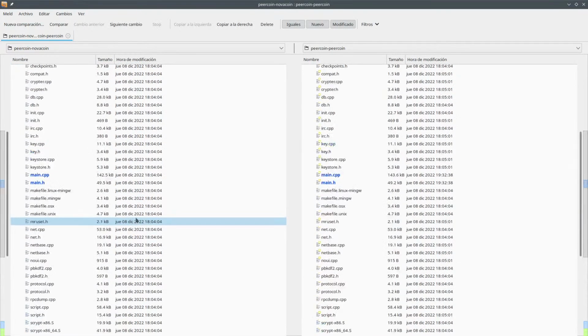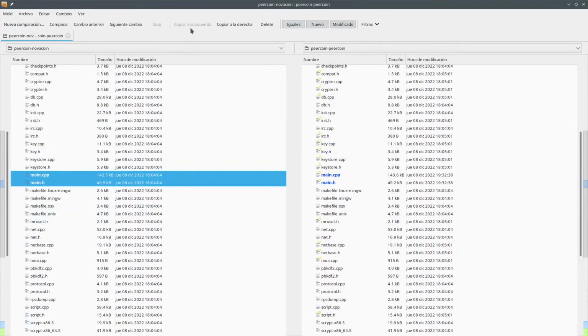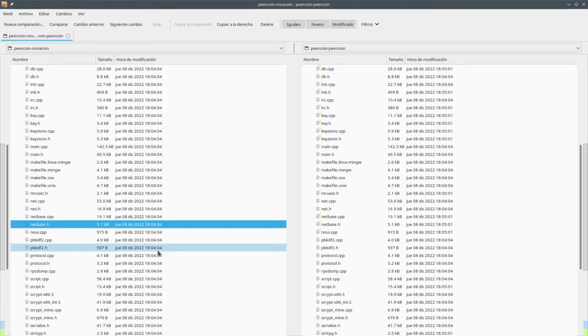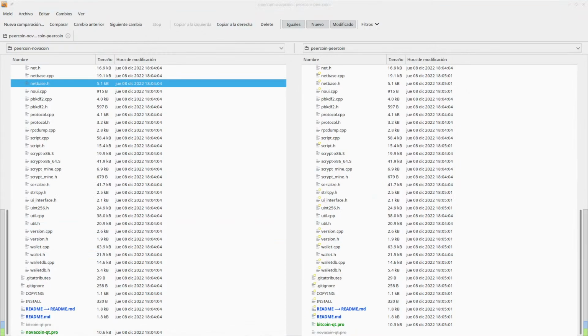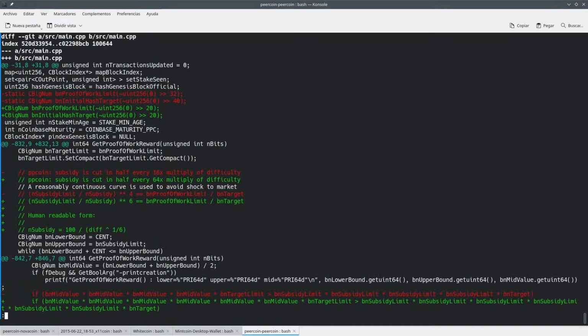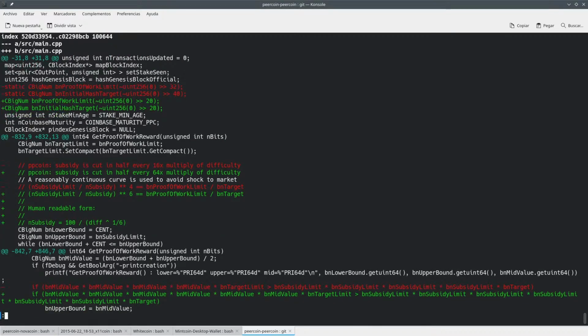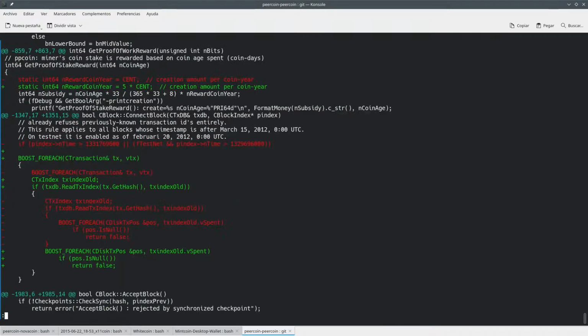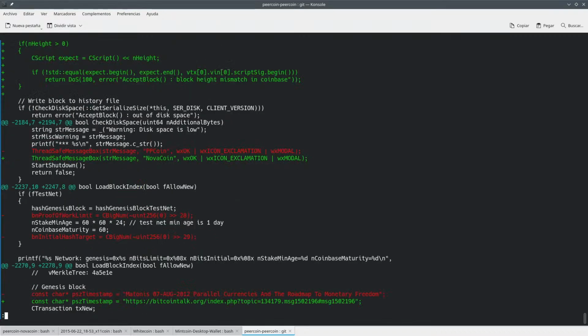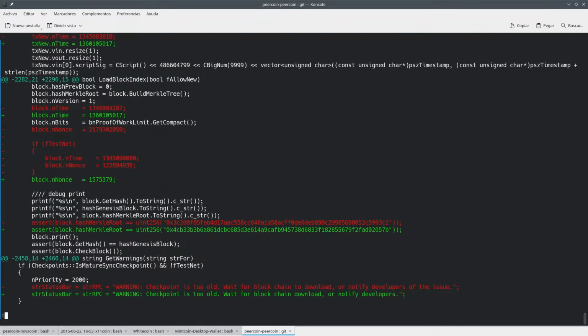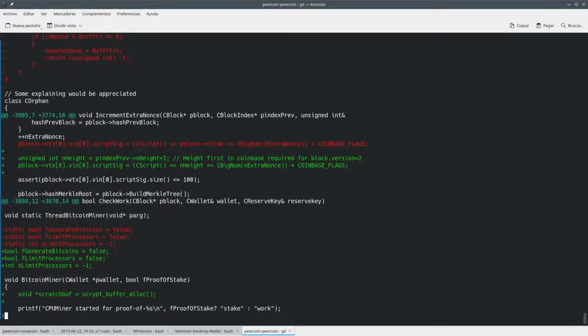Okay, so now we should copy main.cpp and main.h and see what do we have here. We should think about adding some stuff here. So do we have something? Yeah, okay, so we have this PeerCoin, Nova Coin stuff, and then